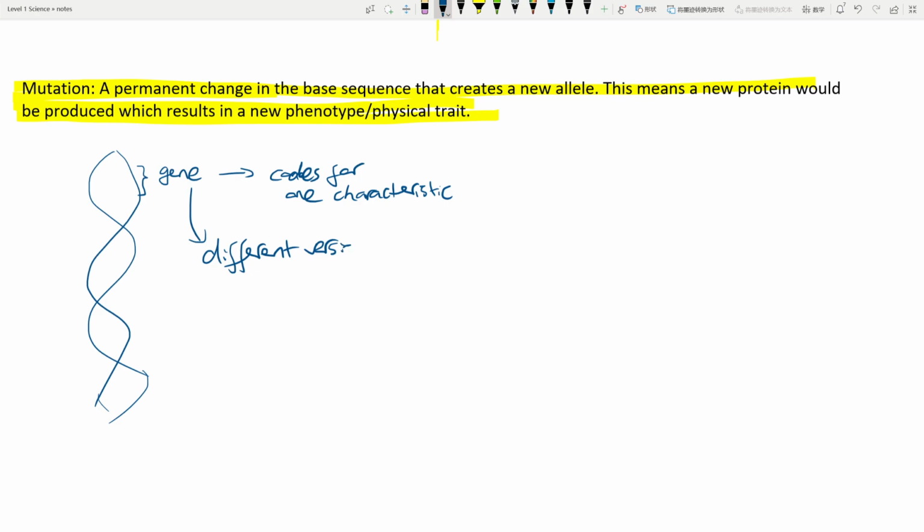There are different alternative versions that code for the same characteristic, which are the alleles, and for alleles you get one from mom, one from dad, so one from each parent,